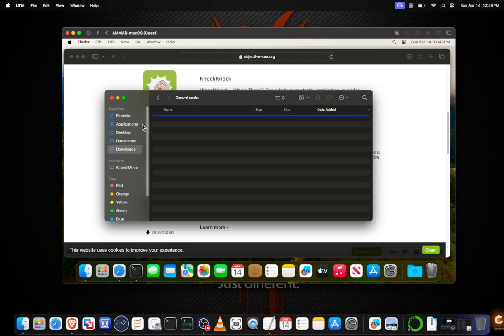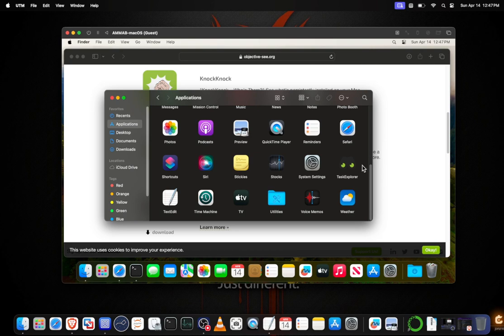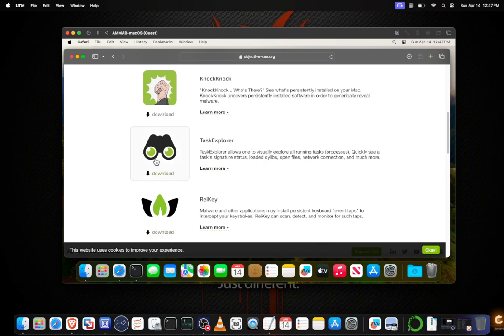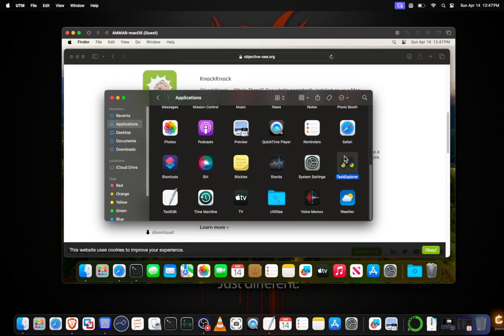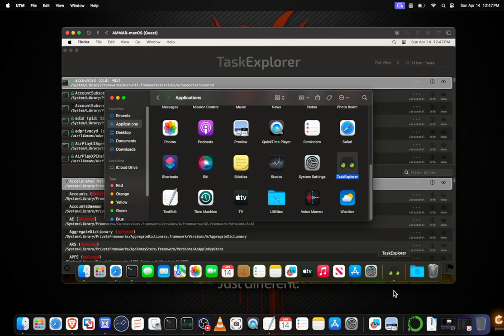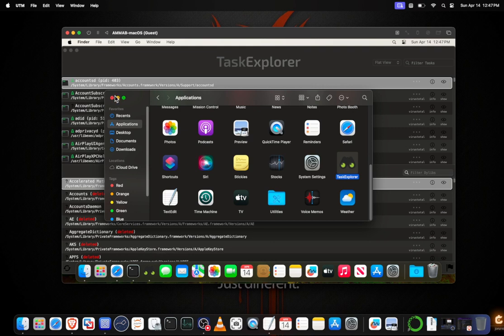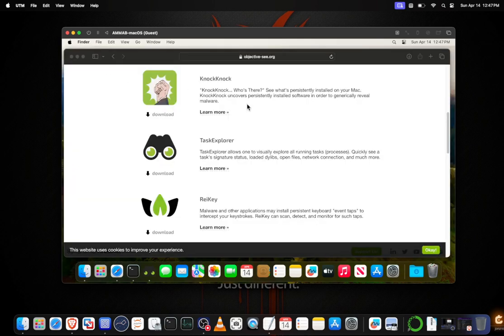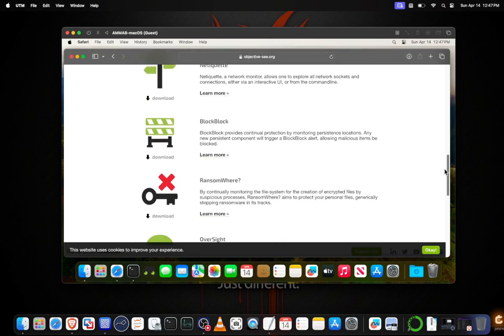I'm actually going to put this in my Applications here. And I would suggest we put it in our dock here. We'll open it and then we will move it to our dock over here just to keep all our security tools and things we're going to be using safe. And yeah, there we go. So now we're going to exit out of that. And now we are going to be downloading our